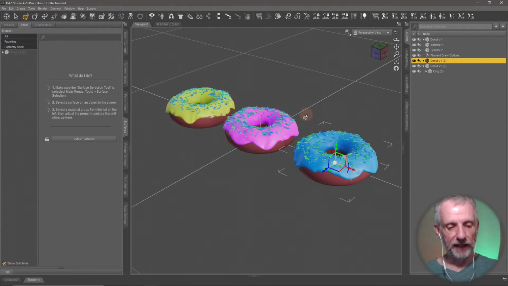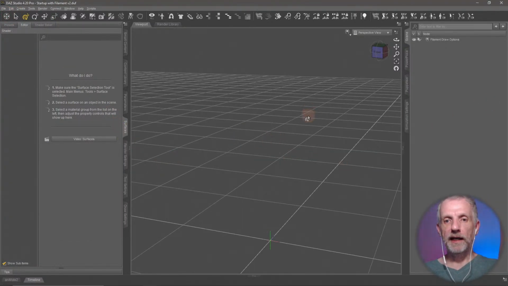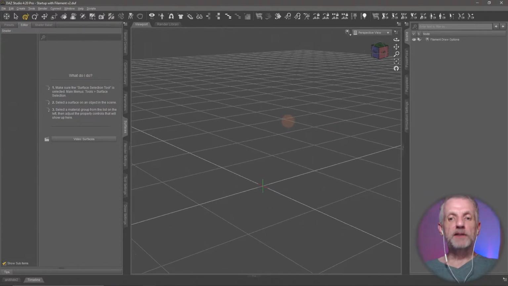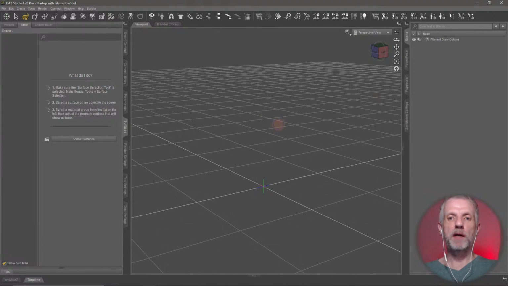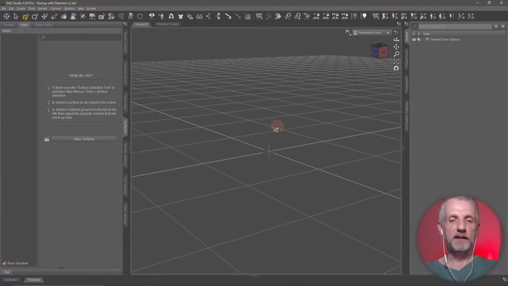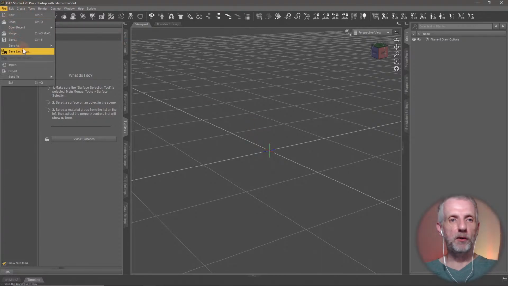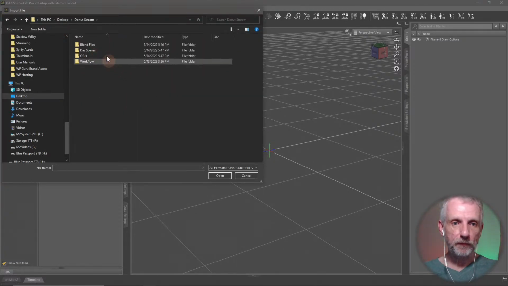This scene is saved. Let's go back to Daz Studio, create myself a new scene, and let's use the figure setup tool. So this is something that you might not need every day, but it's kind of a handy tool to know about. If I were to go and import my donut box as it is,